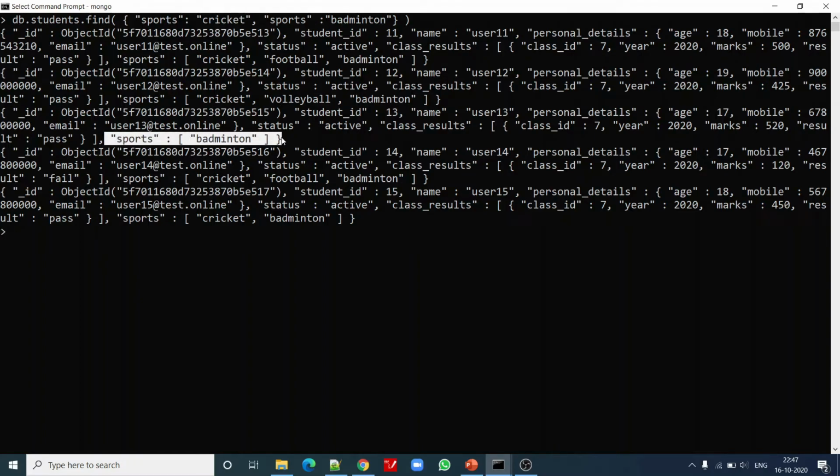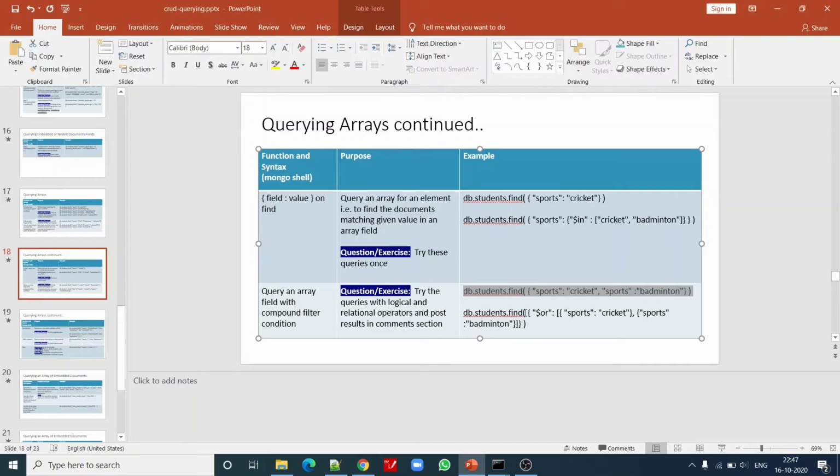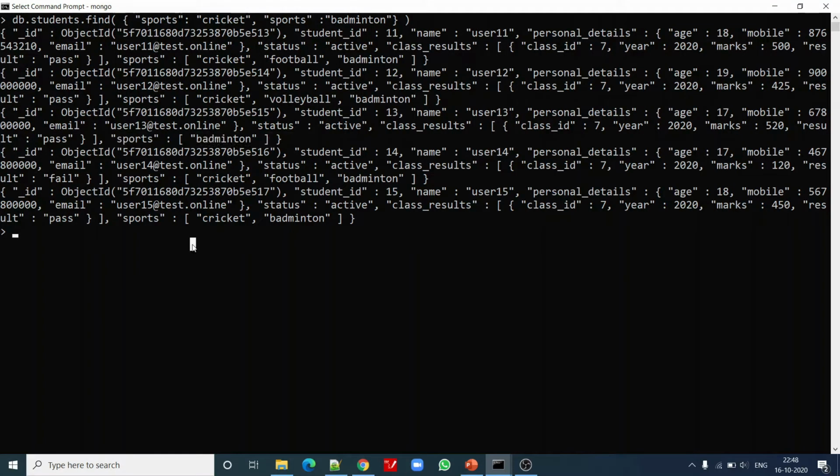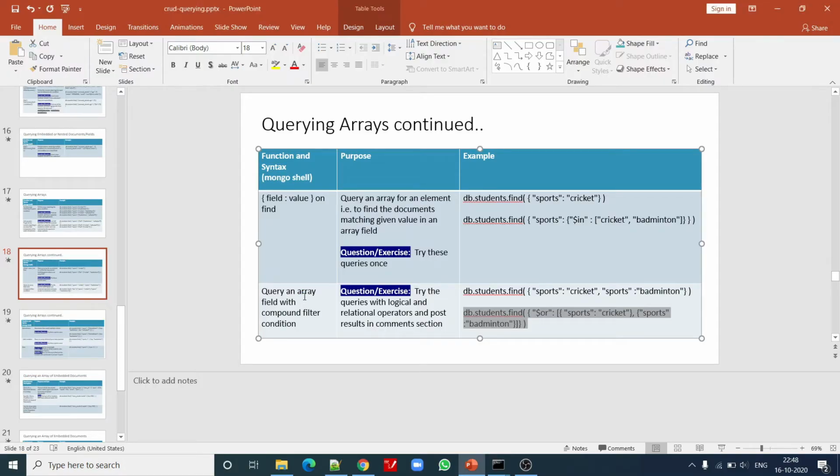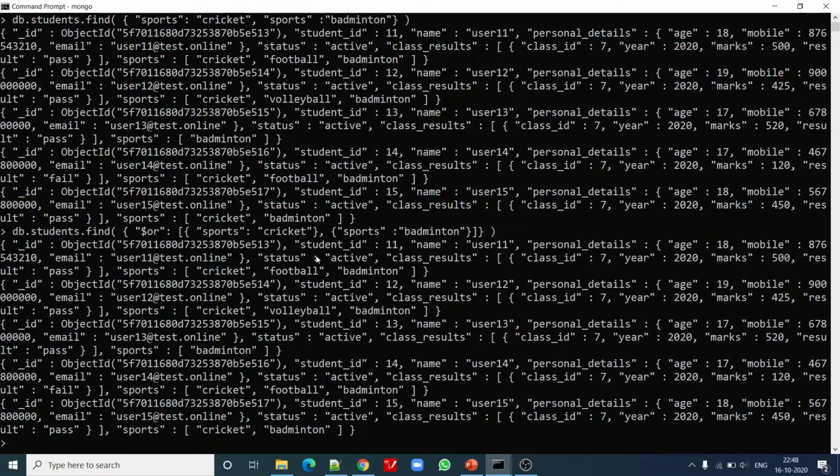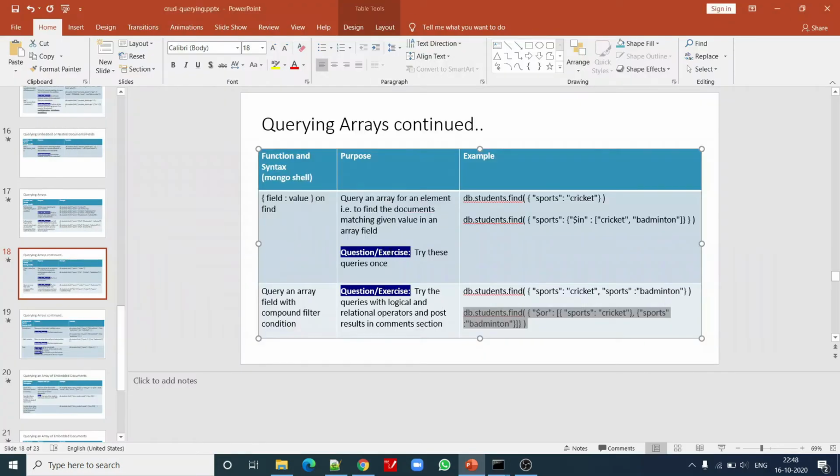You can see that a student who has opted for only badminton is also appearing in the results. So this is more or less similar to this query where $or is being used, either this or this, or both of these, correct? So these are different ways of writing the same query.